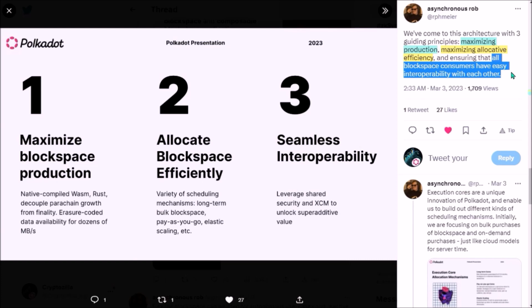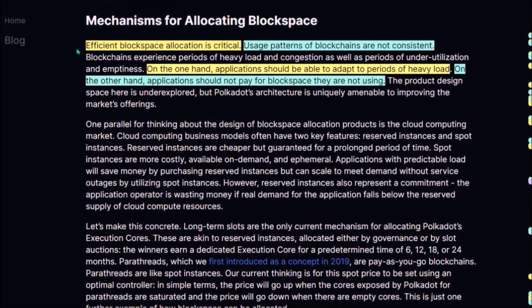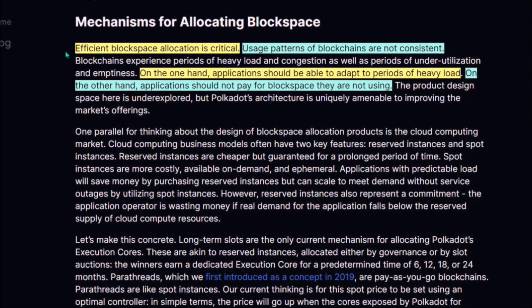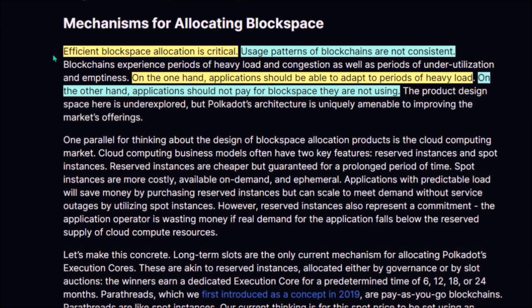Given that Robert Habermeier is one of Polkadot's founders, no doubt Polkadot's architecture is centered on the efficient usage of its block space. I haven't seen this block space approach mentioned in other ecosystems, so it seems to be a fresh, quite advanced view at how blockchains should operate in the future. At the center of the block space concept is efficiency, and efficiency is the core and absolutely crucial requirement for long-term sustainability of all economic subjects on an open market.